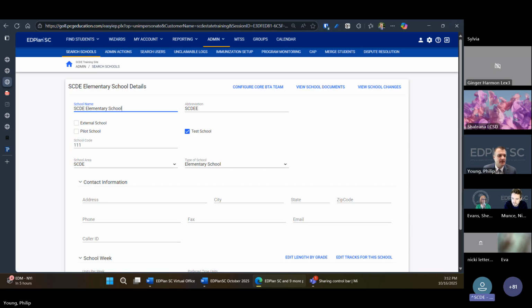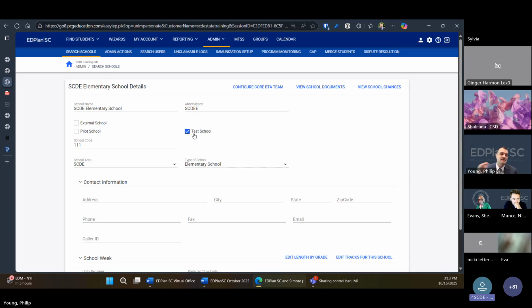Yeah, it looks like maybe that's a user type permission that we need to turn on. But I will say that when we initially set up your sites for every single school district, there is a test school present, and we initially named it test school. So unless someone's gone in there and changed it, it should be named test school, and therefore it should be filtered out, even if this box isn't checked.